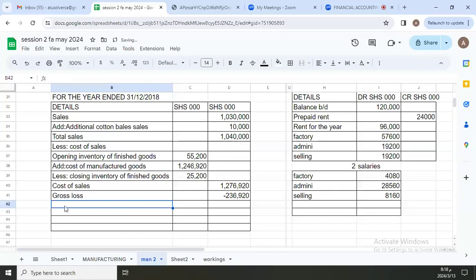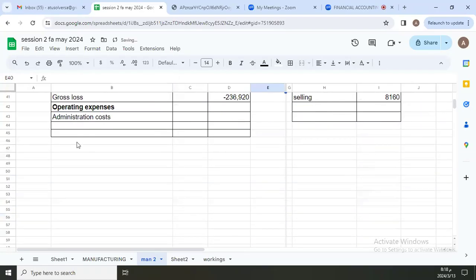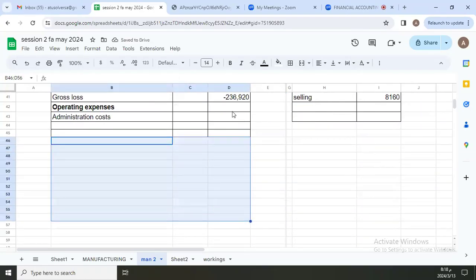Yes. So we add our operating expenses. When we add our operating expenses, remember under this topic, we classify them. I'm going to start with the administration costs. I already have them. So my administration costs,